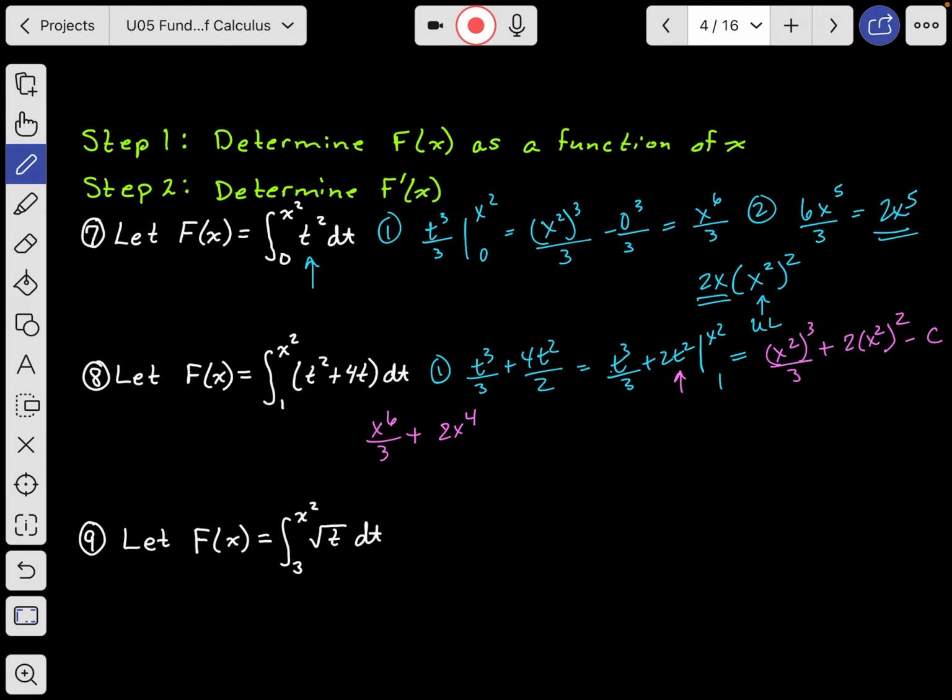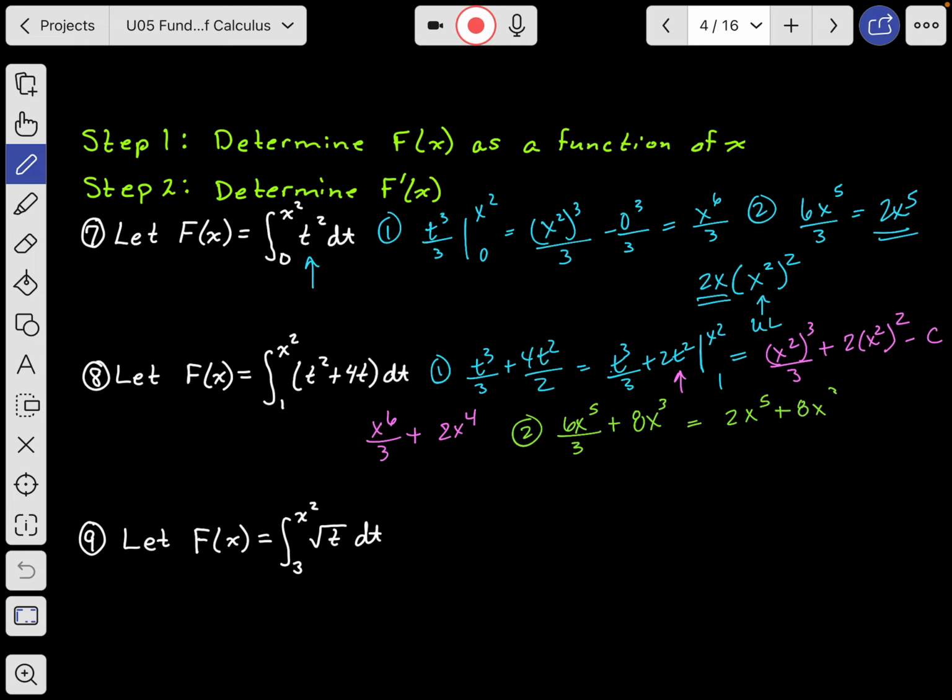Now step 2. I just want to verify, make sure I'm going in the right direction here. All right, so now we find the derivative of this. So this would give you 6x to the 5th over 3 plus 8x cubed. All right, so clean this up first before we can start making any guesses about what we're looking at. So this is 2x to the 5th